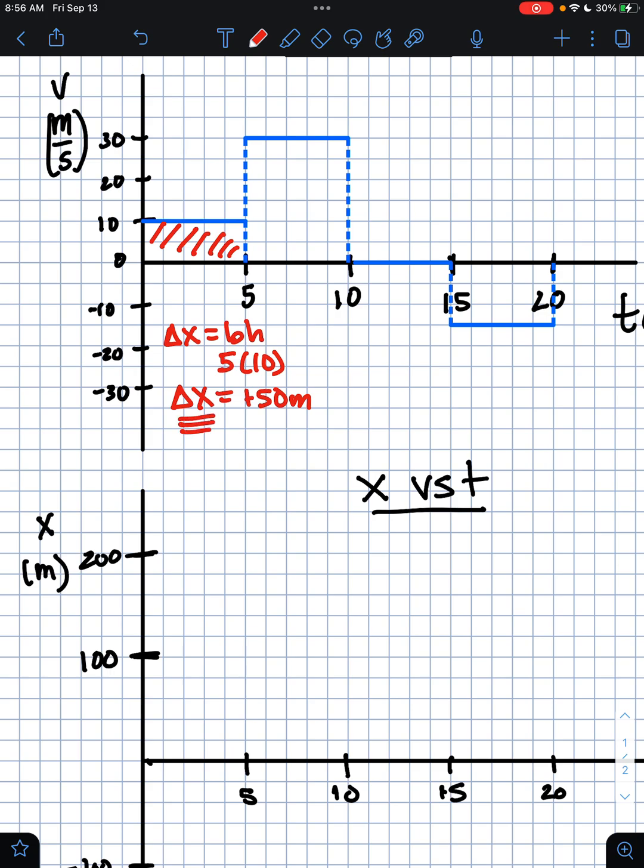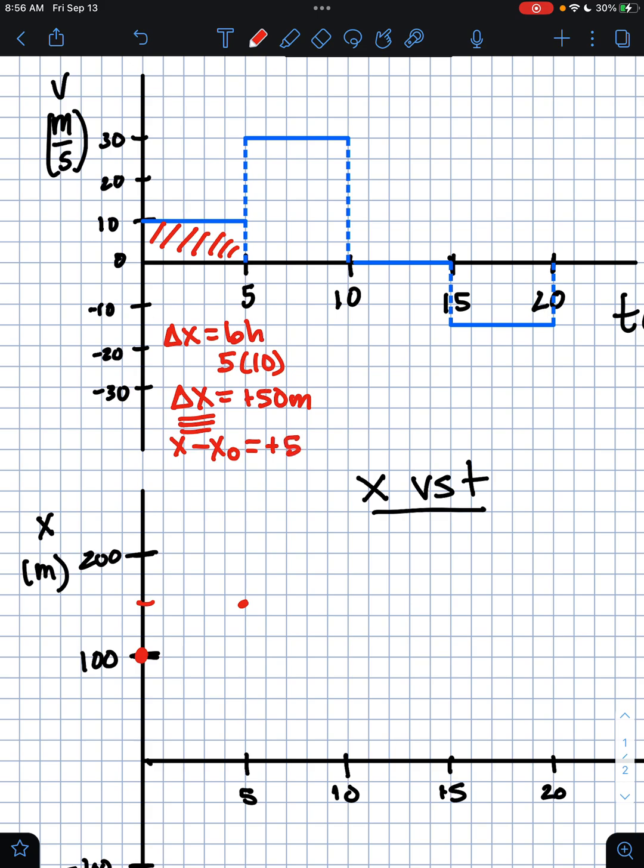If I were to plot this on the position versus time graph, I could start it at any position I wanted to. For instance, if I started it at a position of 100, after 5 seconds, I would have to go up 50 meters. So 1, 2, 3, 4, 5, I guess halfway, 1, 2.5. Right in here would be the area that I would go to. Because again, this displacement is telling me the difference between my final position and my starting position,